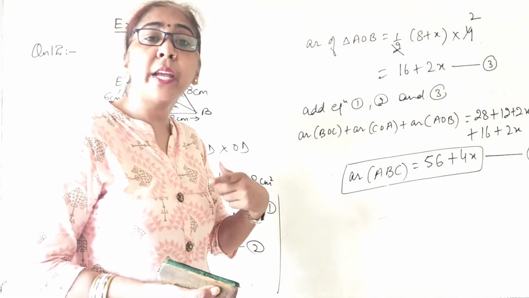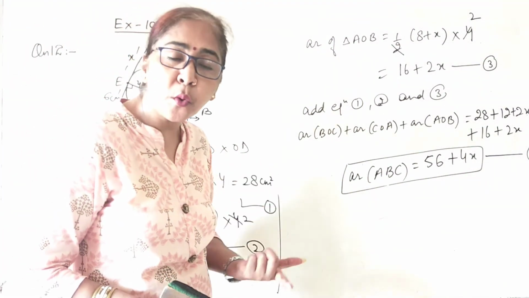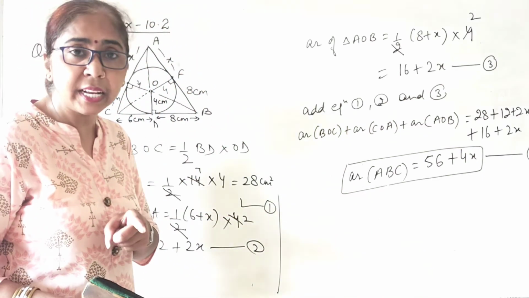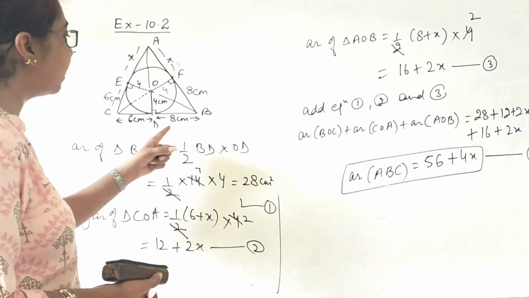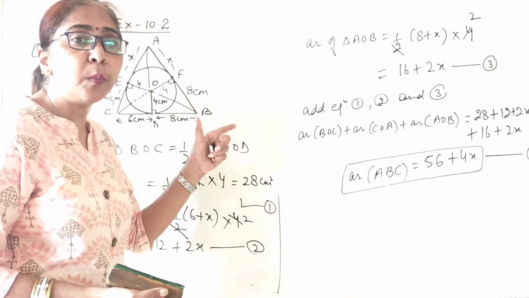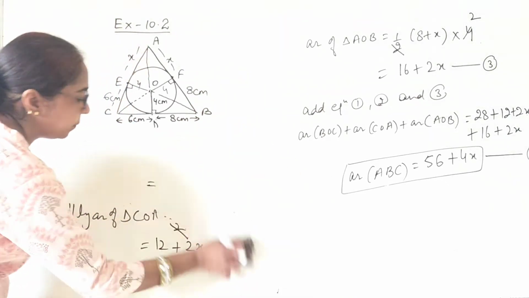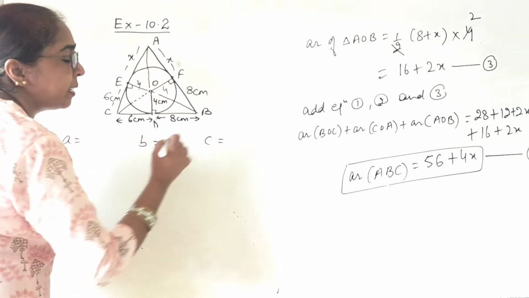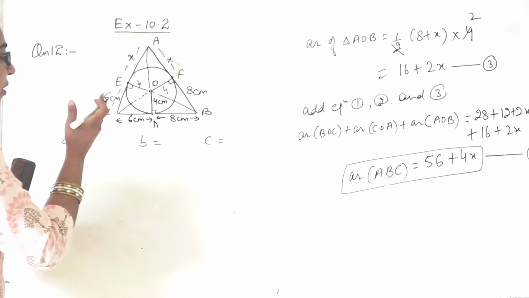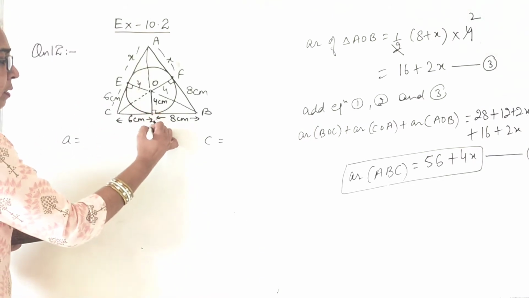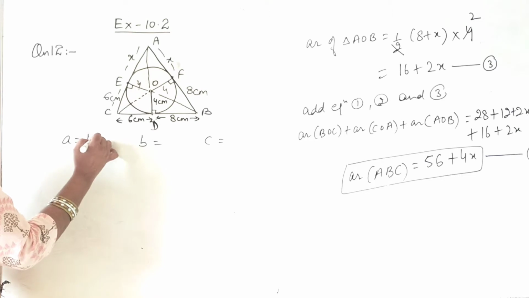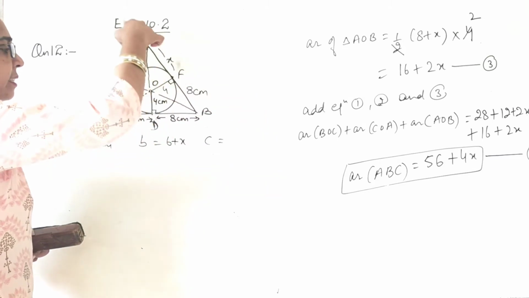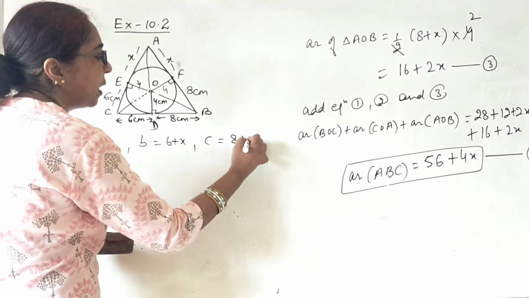Now I will find the area of triangle ABC by one more method, and that will be Heron's formula. We have already studied this formula in your 9th class. So we'll find the area of triangle ABC again by Heron's formula, right? If A, B and C are the 3 sides of the triangle, here the first one, A, is 14 centimeter. Let's say this is B, this is 6 plus x. And let's say this is C, so this is 8 plus x.